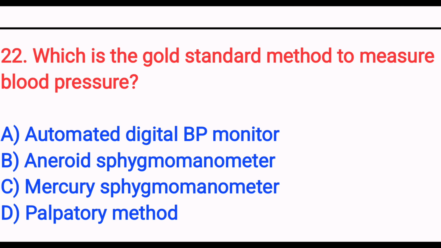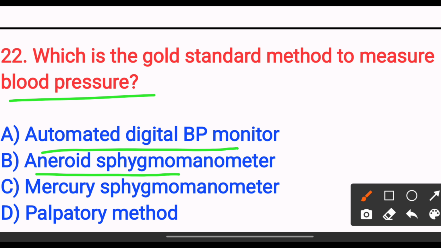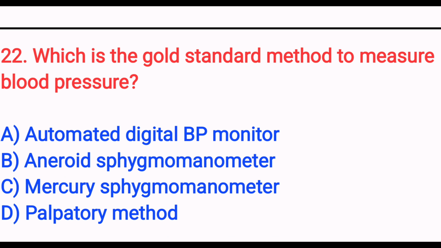Which is the gold standard method to measure the blood pressure? Option A, automated digital BP monitor. Option B, aneroid sphygmomanometer. Option C, mercury sphygmomanometer. Option D, palpatory method. The answer is option C, mercury sphygmomanometer, because it is the gold standard for accurate measurement. So the answer is option C. Next,